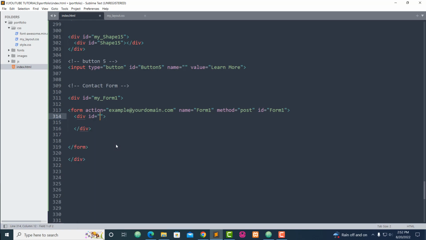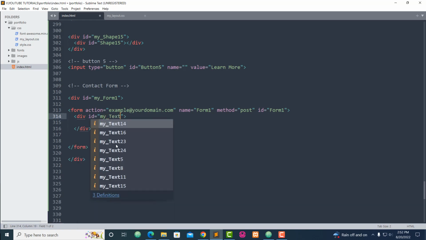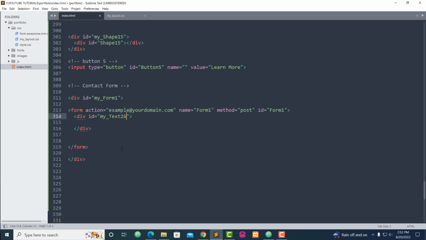We need ID. Call it my text 26. Also create a span right here, and remember as a style we need a color like this, and we need a font family. Also we need a font size of 35 pixel. Okay, now here I'm going to use a strong, and this is where I'm going to say send